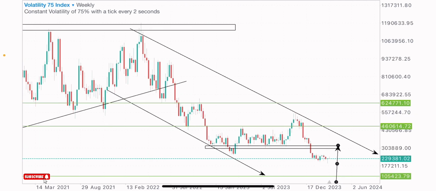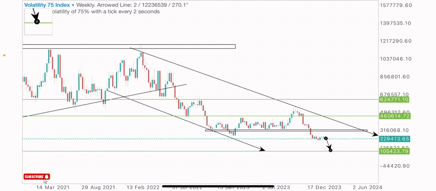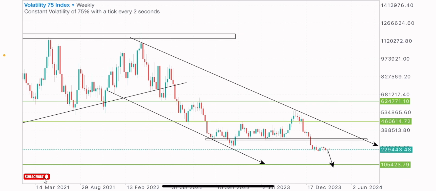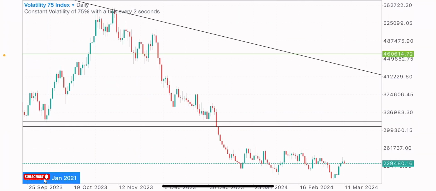Now we could expect a retest of this level in the coming days for more sales on this index, and we could also see price continue selling from its current price level. So anything could happen on this index, but we have to keep analyzing to see what's next with this index. Right, so let's go to the daily time frame to have a look at this market